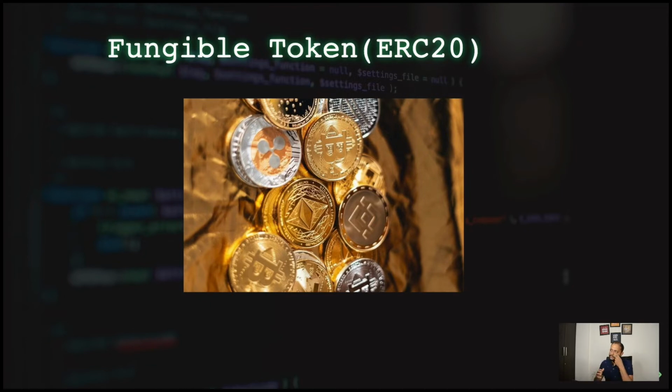an ERC20 token. So there's a misconception that an ERC20 token basically represents coins and tokens. However, they can represent absolutely anything. So they can represent, say, a fiat currency like the dollar, or an ounce of gold, or it could even represent, say, a share of a company, or coins in a reward game, or it can even represent a square meter in a house in real estate, right? So it has a very wide use case, right? And this is what makes the ERC20 standard so popular in Ethereum, right?